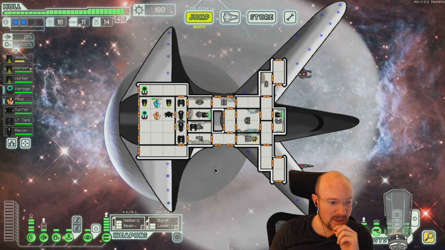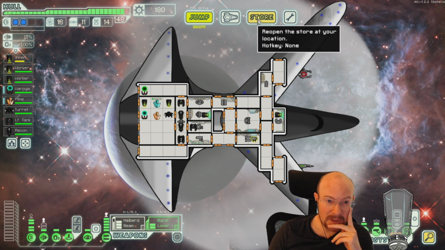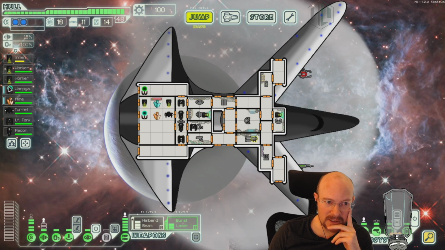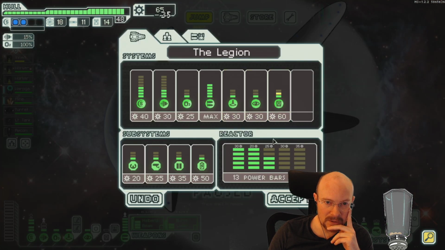Yeah. Well, I plan on going abandoned Sector 7 this run. I'll never want to, but if I have to, I will. I think I'm going to need hacking for this ship for sure. Yeah. I don't want to spend that because I wanted to get the upgrade. However, I'm a little worried about...